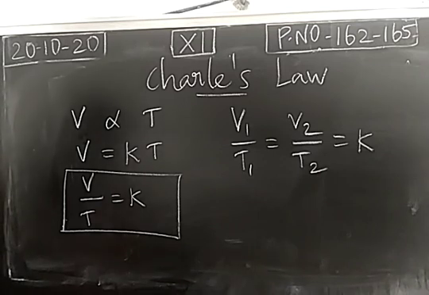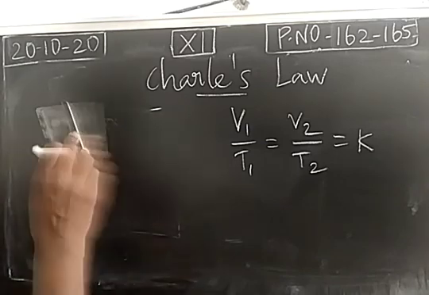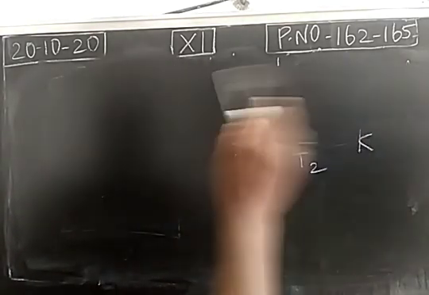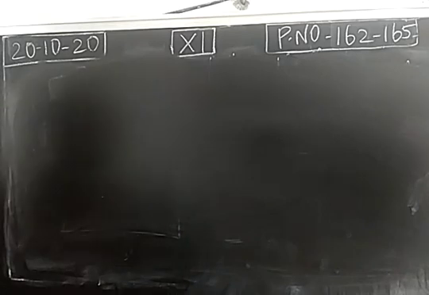For that, an example is given in your book at page number 162. You can observe the balloon. When the balloon is kept in cold water as well as hot water, you can observe the change in the volume. In cold water, you just observe the volume of a balloon. Then in the hot water, the balloon will expand, so volume increases. So when temperature increases, volume will also increase. So these two factors are directly proportional. To explain that, we are going to draw a graph between the factors volume and the temperature.